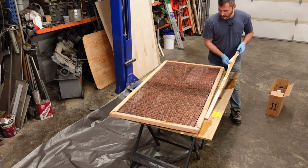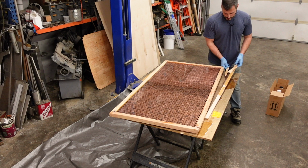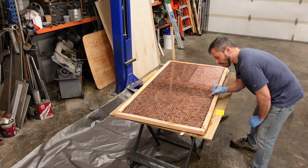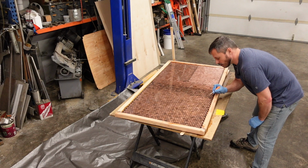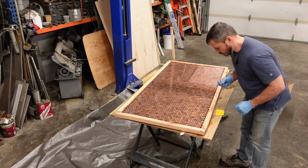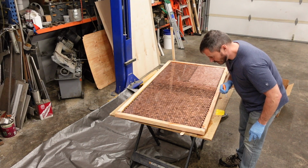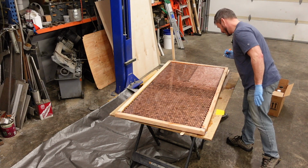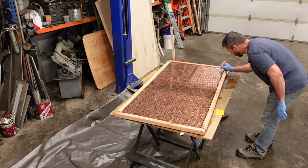So we need to leave that laying flat-ish. Otherwise this thing is going to flow. It's like popping zits. Oh, that was a mistake. Yep, messed that up. Okay, well, we don't do that then. We leave the bubbles and sand through them once it's completely dry. Because this, poke,